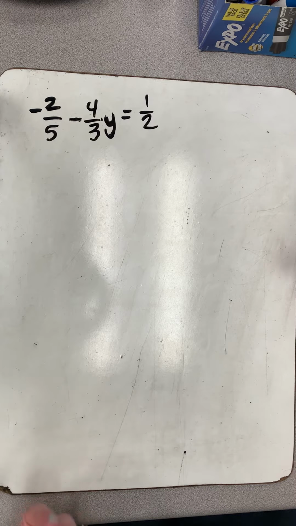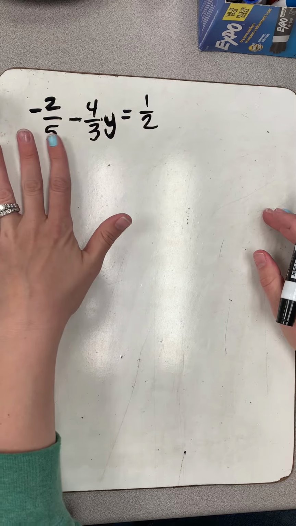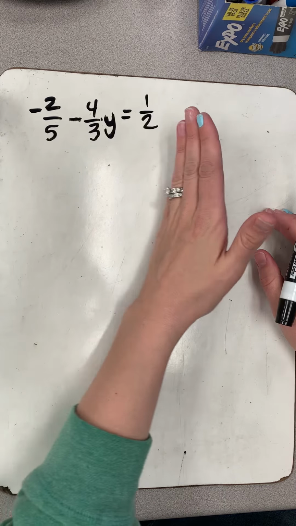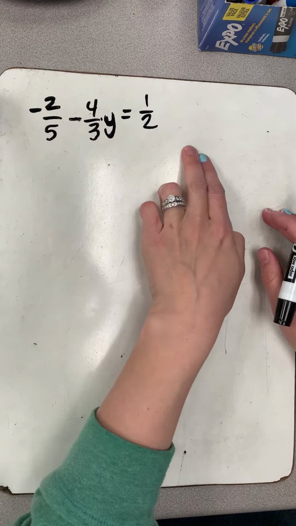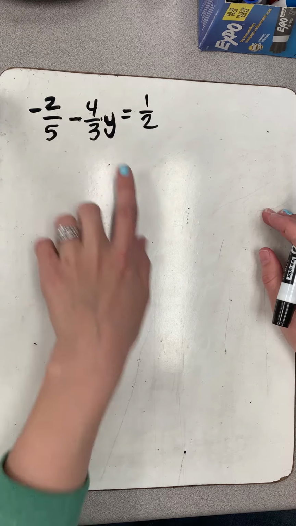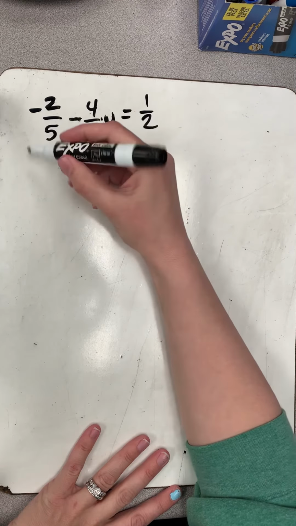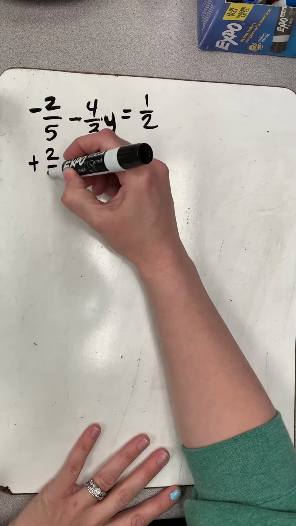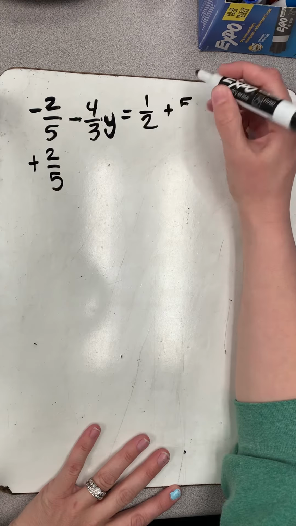So let's take this a step at a time. We know that we have our stranger, we have me and my best friend, and then we have equals a number. So we have to get this stranger to the other side. It's the one that's furthest away from our variable. How do we get rid of a negative 2/5? Well, we would add 2/5. We would add 2/5 to that side. We would come over here and add